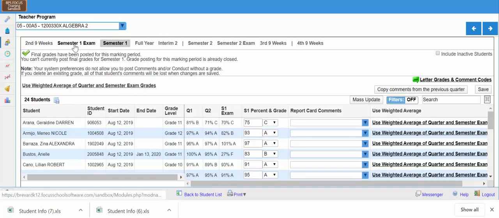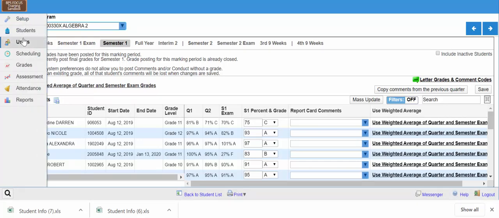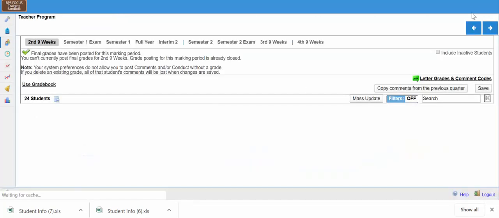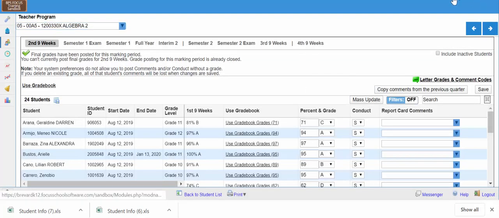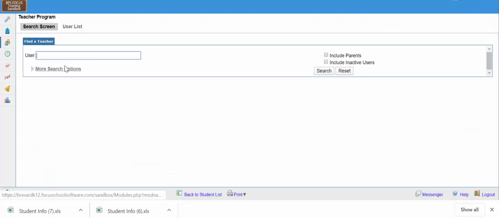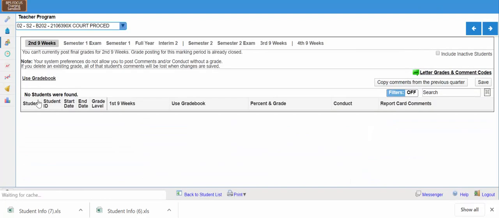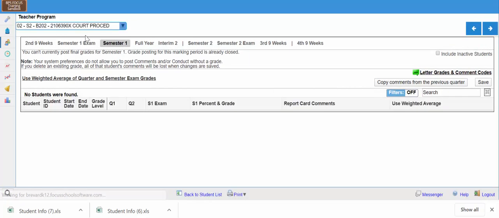If a teacher was out, say, on emergency leave, and you had to go in and enter exam grades, this is how you would do that. I would go to Users, I would go to Post Final Grades, I would search for my user who I know is out on leave. I could click their name, and here is where I can enter